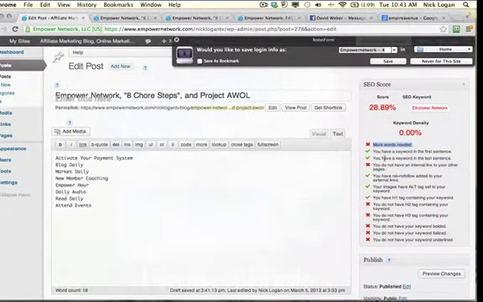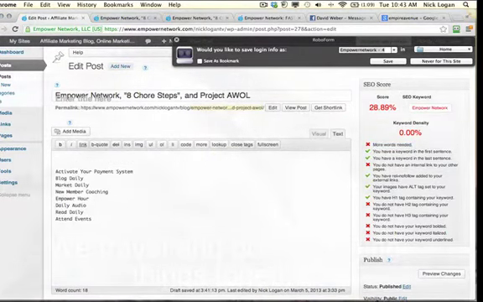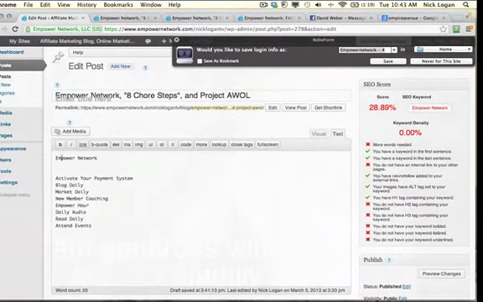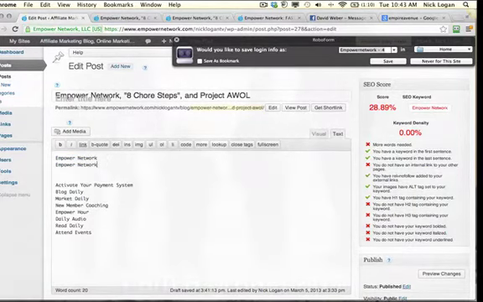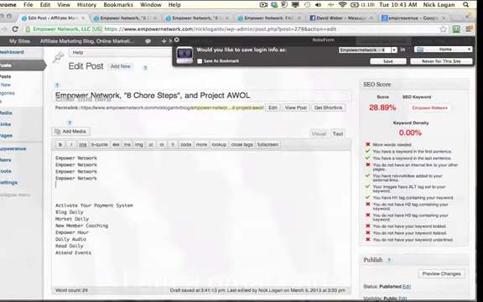Having your keyword in the first sentence, that's obviously the title. But it doesn't hurt to have your keyword in the first sentence here. I'm gonna just copy and paste that because I'm gonna use this for several examples. So Empower Network, Empower Network, Empower Network. So one of the things here, let's go down to